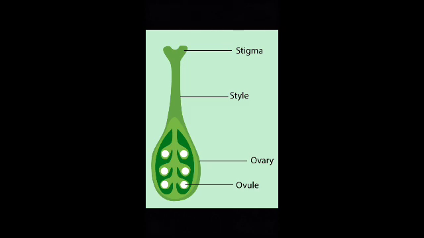Do you see some small bead-like structures inside the ovary? They are known as ovules. Draw a neat diagram and show the inner parts of the ovary in your notebook. On your field walk, try to learn more names of the flowers from your garden. You are advised not to pluck more flowers.